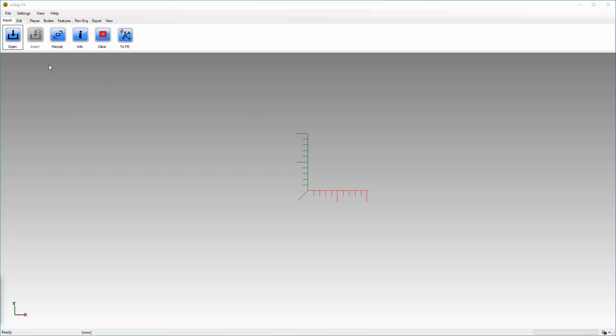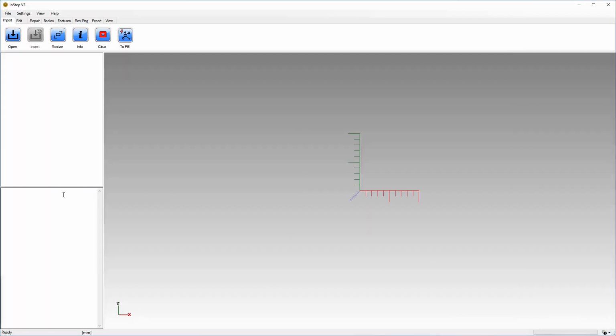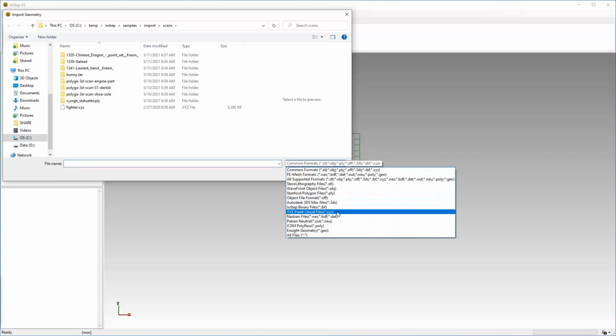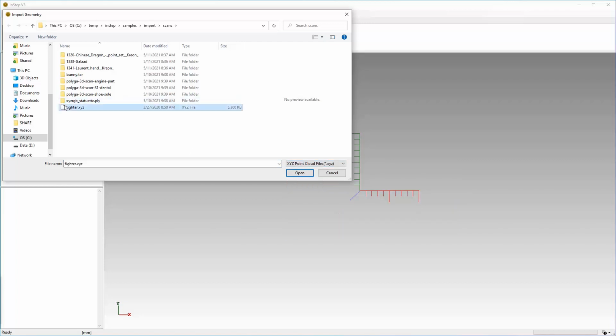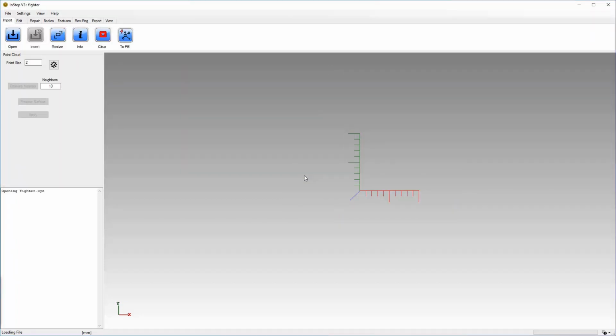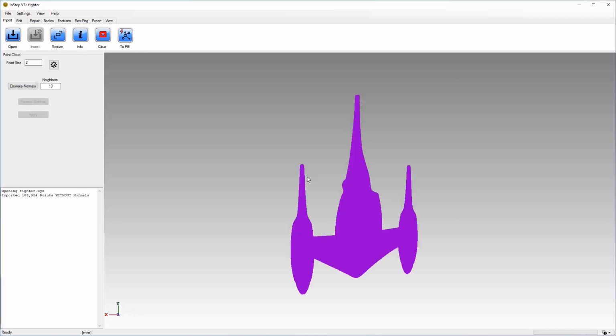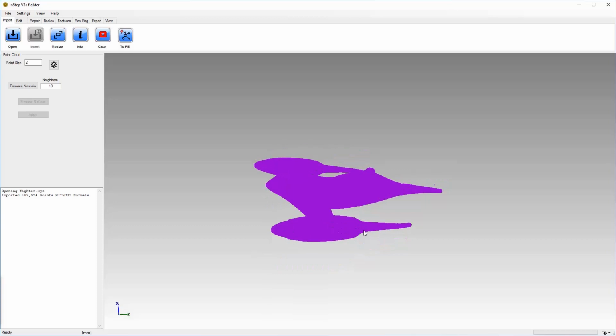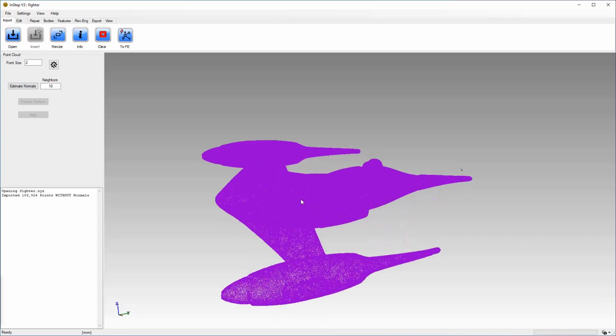Prior to importing a file, make sure that the option is turned on to show messages. That will provide a small amount of feedback during the import. You can load a file just like any other. You go to Open and then you select the XYZ format and then you pick your file. As soon as the file's finished importing, which will generally only take a few seconds, the application will then show